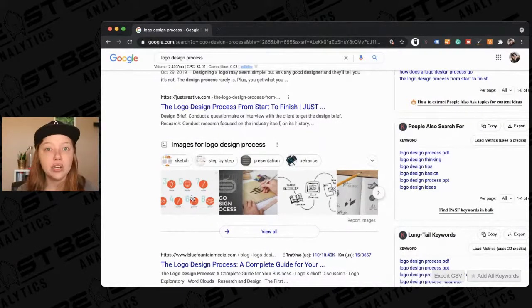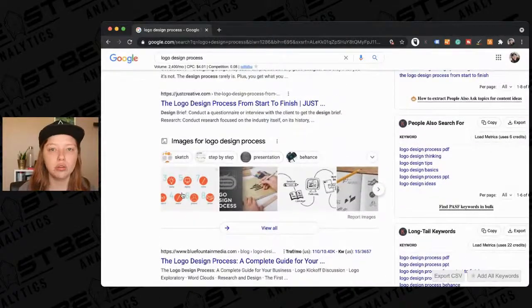So if I were you and you have a logo design process that you follow for your company, I would create a blog post that talks about it all and put images in there that are optimized for search, meaning you use keywords in the title of the file,